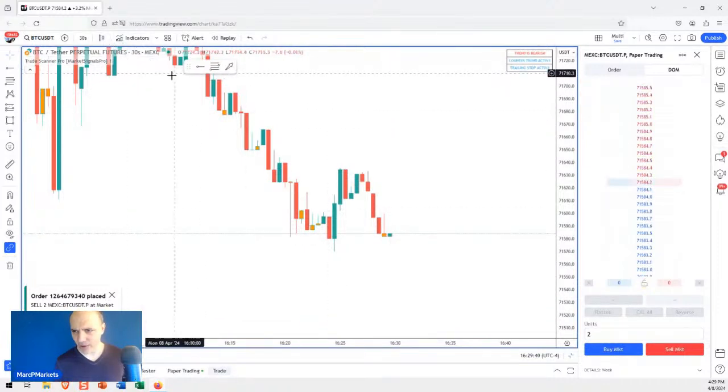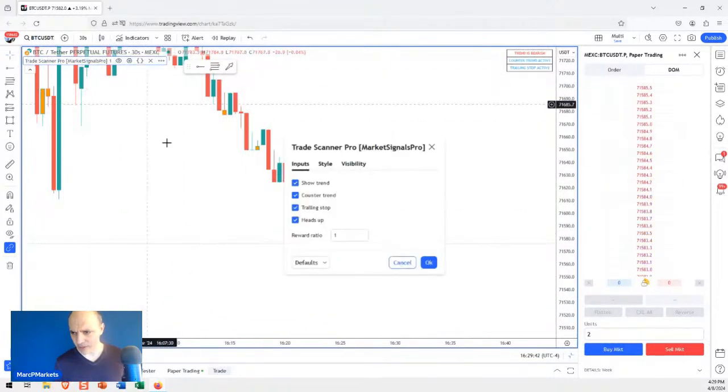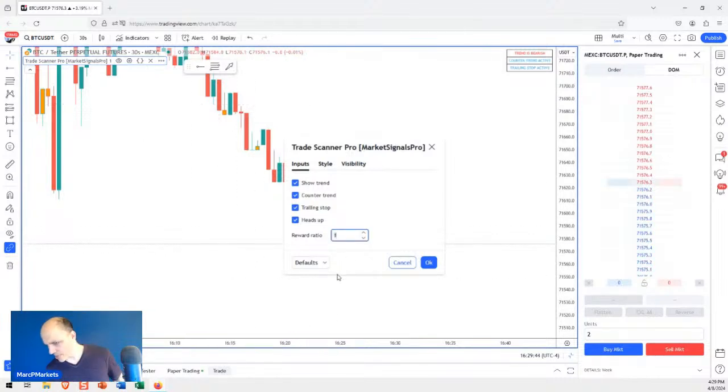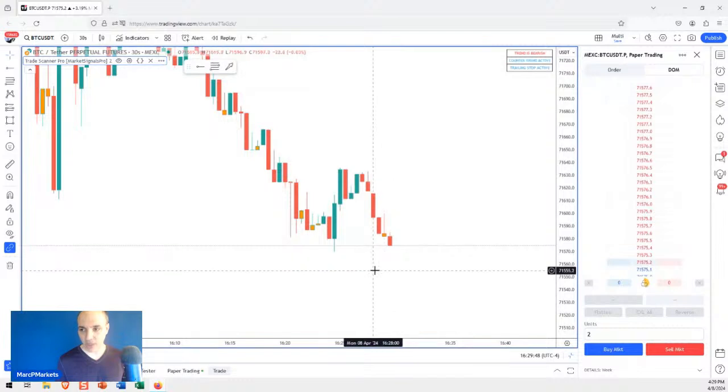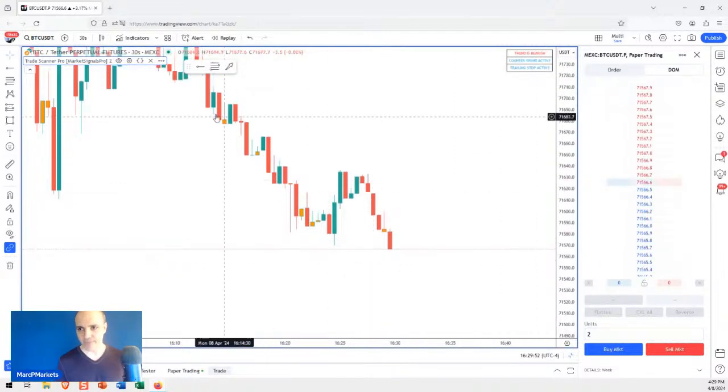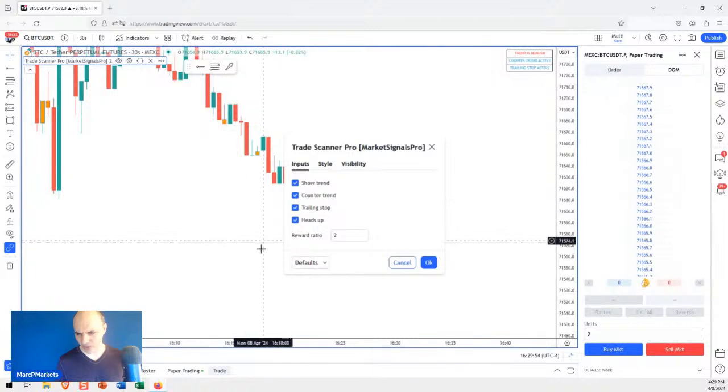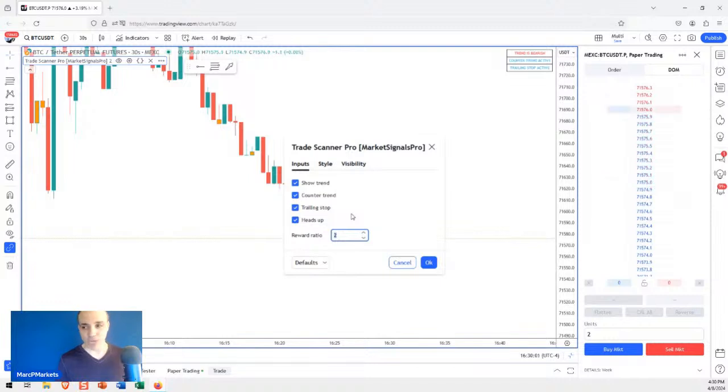Kim, if you're talking about the reward risk ratio, yeah, see, look, I've been set on 1-to-1. Like I can do 2-to-1, for example, and the lines will spread out more, right? Because I could change the ratio there. You see how I was doing that? We don't have any lines right now, but I could change the reward ratio. See that? So that's 2-to-1 right there. I can change that to whatever I want. I had it on 1-to-1.